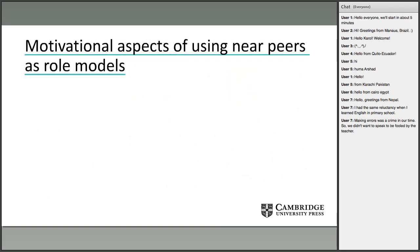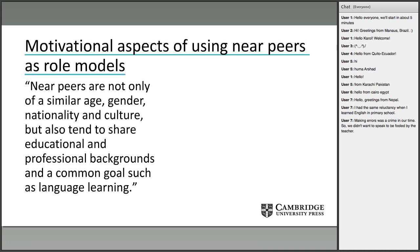So, starting with near peers. What is a near peer? Well, near peers are not only people who are similar in age, gender, nationality, and culture, but they tend to share educational and professional backgrounds and a common goal, such as language learning. Near peers aren't specific to language learning, but they present a powerful resource for